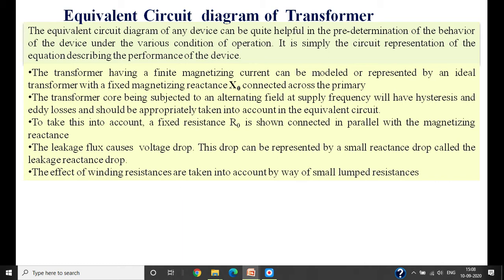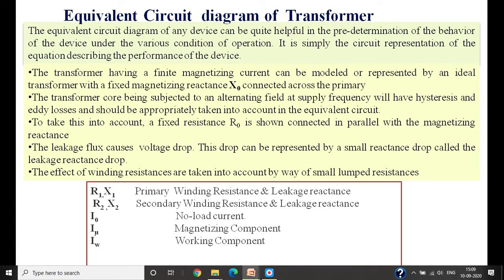That is, one part is under no load condition. Under no load condition, it is represented by R0 and X0, which are connected across the supply. Then under practical conditions, along with R0 and X0, you have to add R1, X1 in the primary, and R2, X2 in the secondary winding. Therefore, I am writing